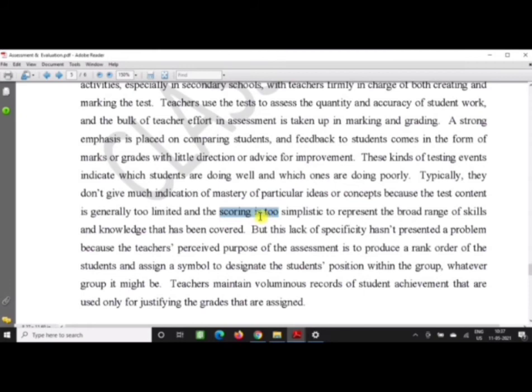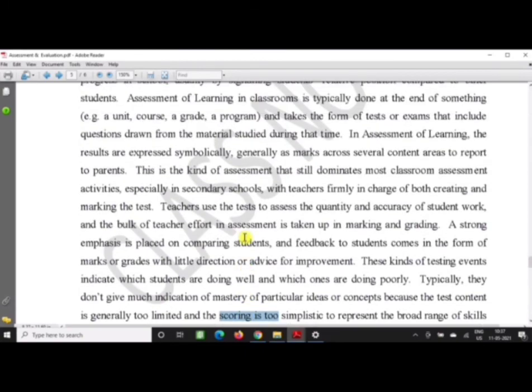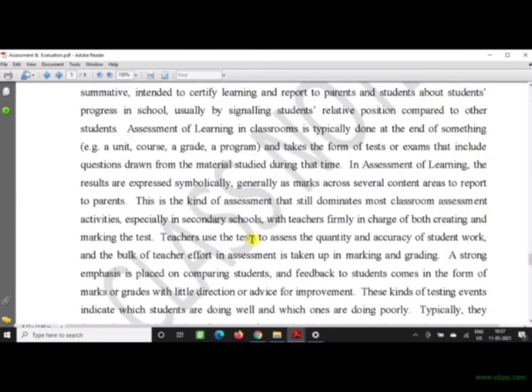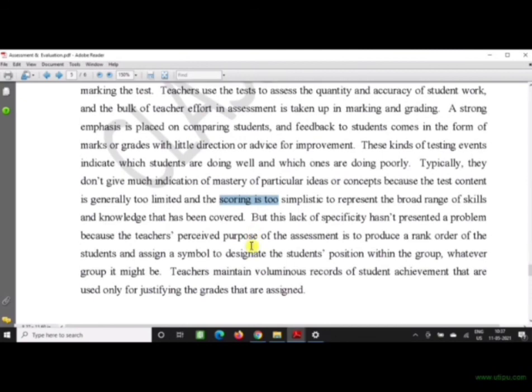So limitations are there. And the way the teacher scores the tests or assessment is very simple, so it may not cover the entire aspects of the child. We cannot say that assessment of learning has covered the entire progress of the child.